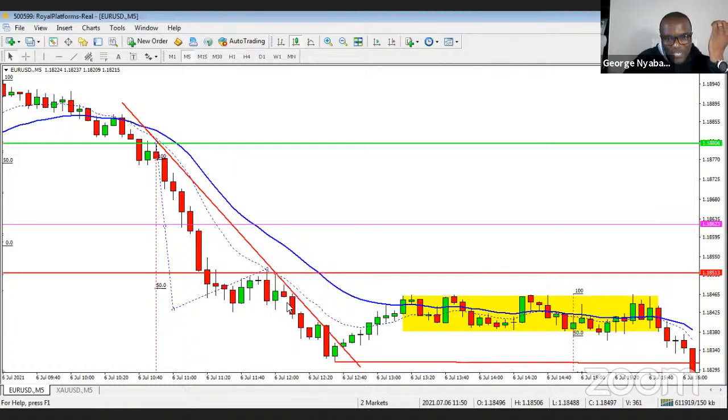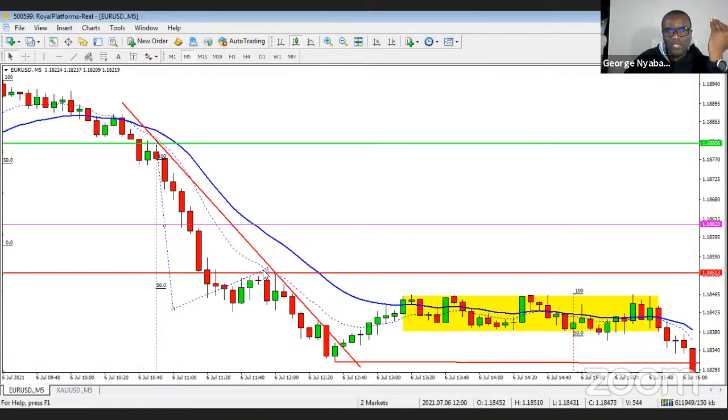When you take a trade here, before it creates new lows, the stop is still up there. But after the market has created new lows and starts to pull back, you can tighten your stop to here. So you have locked in some profits. You'll still be in a little bit of profit here, but you come back, got a bit of a loss here and there. But your stop is safe.